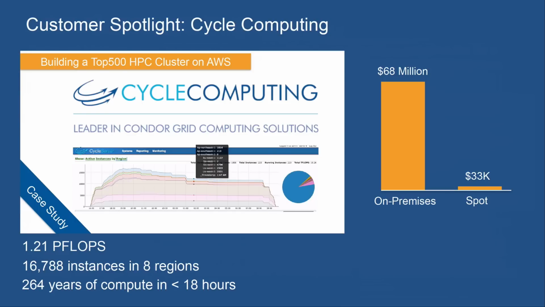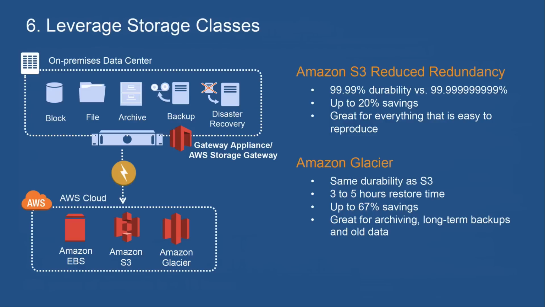And a very, very cost-efficient way to run large-scale computing jobs. The cost of building that, by the way, with capital investment would have been about $68 million. So it's a very, very efficient way of running large-scale computing jobs. And if you have HPC or analytics workloads where you need to apply a lot of computing resource to a particular challenge, then the spot market might be a good way for you to do that in a cost-efficient way.